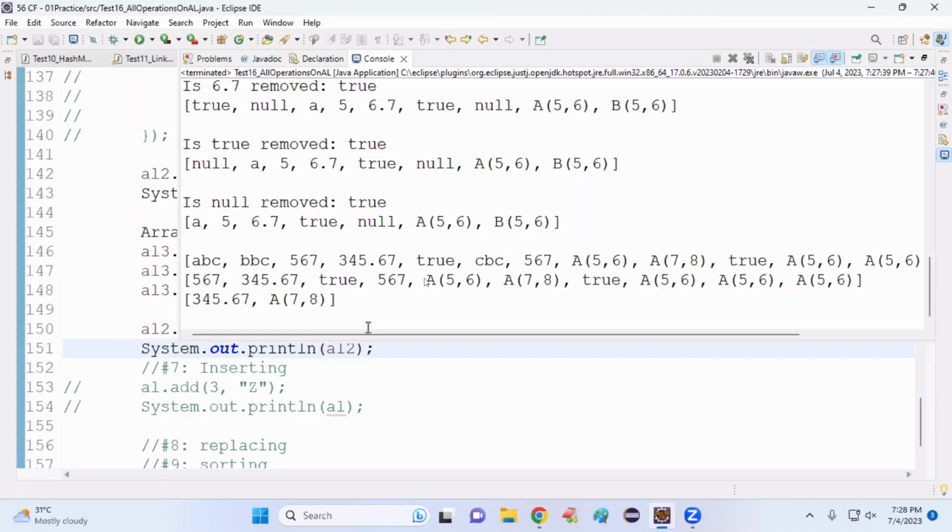Understand that there are 4 remove methods: remove object, remove index, remove if, removeAll. If you want to remove one object, one occurrence, remove object. If you want to remove the given index object, remove index. If you want to remove the same kind of multiple objects on the given condition, remove if. If you want to remove different types, all occurrences, I want to remove one object all occurrences, or I remove different objects all occurrences, then you have to call